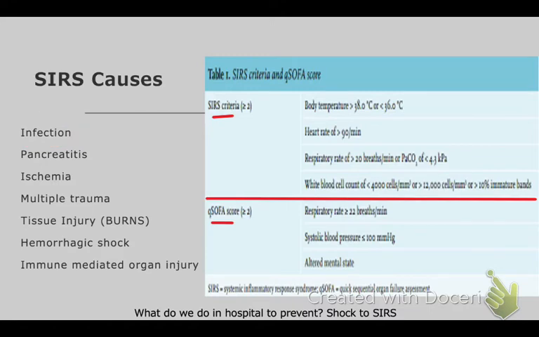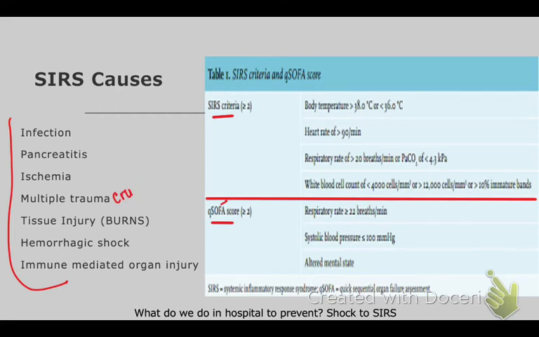But as you can see, there's plenty of other things that can cause SIRS. SIRS is that systemic inflammatory response to a suspected or documented case of infection, but it can also be a systemic inflammatory response to a variety of causes. You've got infection, ischemia, multiple trauma. So you want to think about your crush injuries,